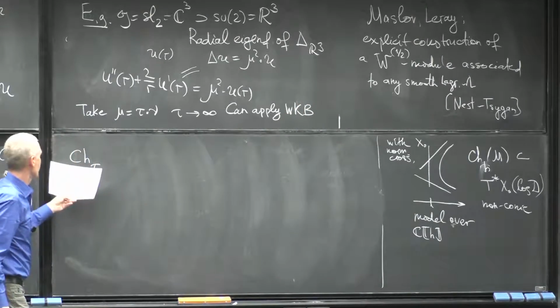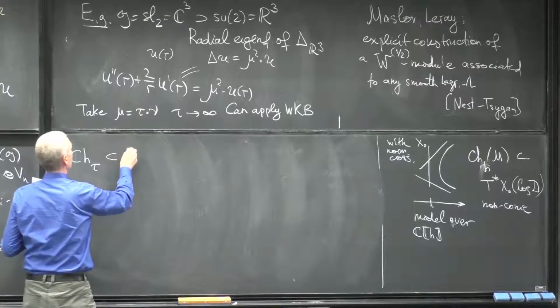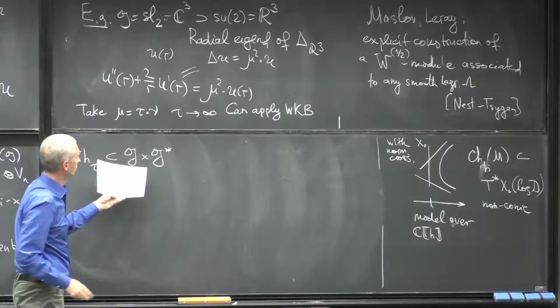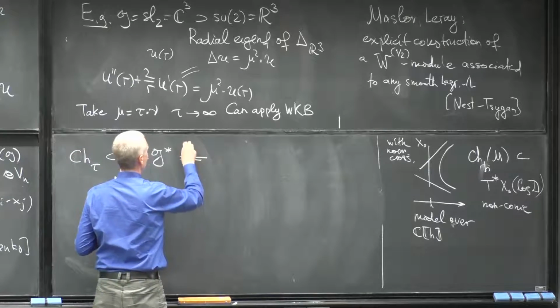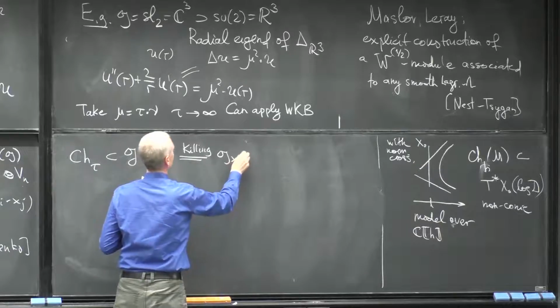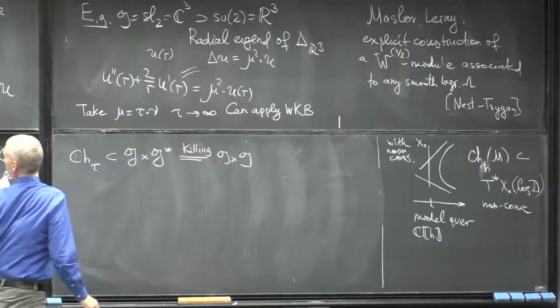So we can say what is the characteristic variety. It will live in G cross G star. It is the cotangent bundle, which we can identify by Killing form, so it is G cross G. So the first system